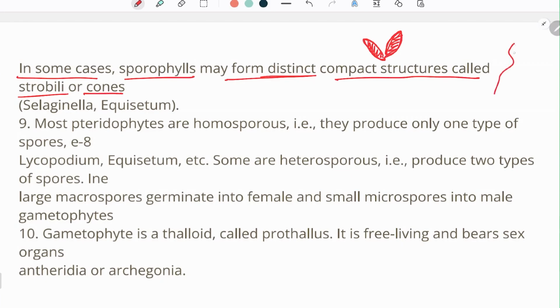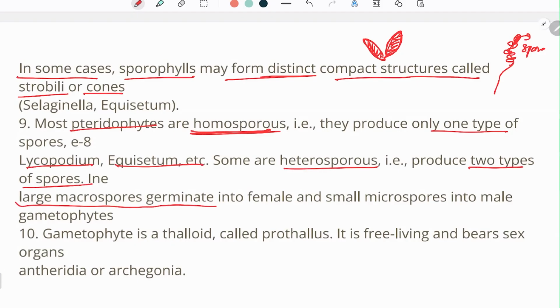If you assume that this is the stem and leaves are present all over the stem, the upper part is usually sporophyll. It is conical in structure, and inside the sporophyll the sporangia are present. Now, most pteridophytes are homosporous, that is, they produce only one type of spores, as in Lycopodium, Equisetum, etc. Some are heterosporous, they produce two types of spores, large macrospores that germinate into the female and small microspores that germinate into the male